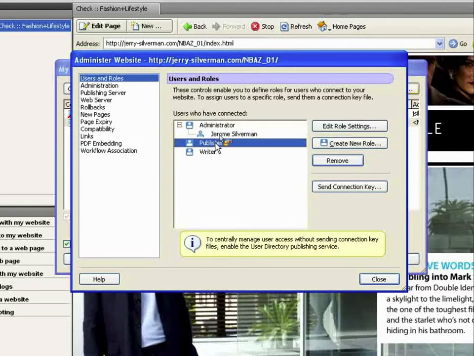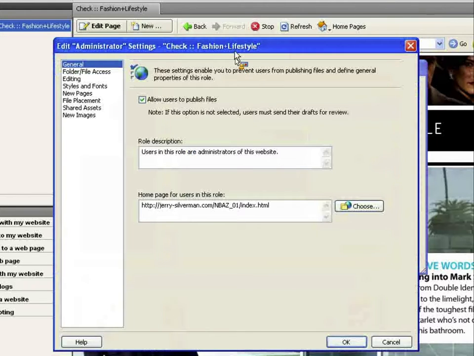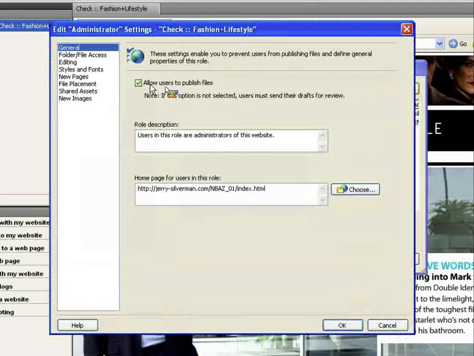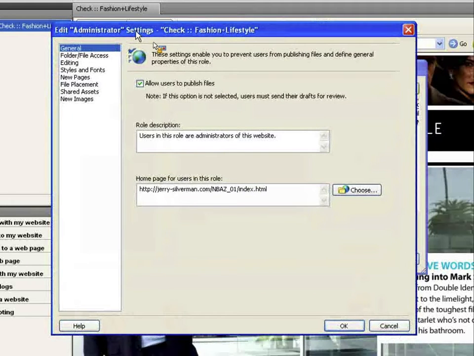But the administrator, publisher, and writer out of the box have specific settings attached to them. So let's have a look at the administrator role for a second by clicking Edit Role Settings. Right now, the administrator is allowed to publish files, so allow users to publish files. Anybody who is an administrator will have the ability inside of Contribute to publish. And when you change the settings for the administrator, the writer, the publisher, or whatever role you're creating,